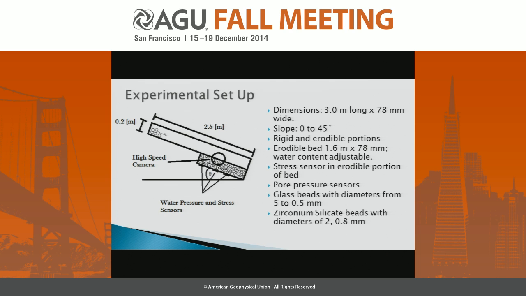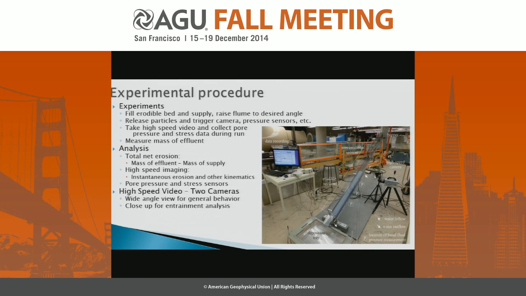So here's a sketch of our experimental setup. We've got a debris flow flume with both an erodible and rigid portion of the bed. The value in that is that when the debris flow is released, it'll be hitting the bed at the same angle of inclination as the erodible section. And we can vary the angle of inclination, and we've used all spherical particles of either glass or zirconium silicate beads. So just for a brief procedure, we start with filling the erodible bed and then raising it to our desired angle, and then releasing the particles and triggering